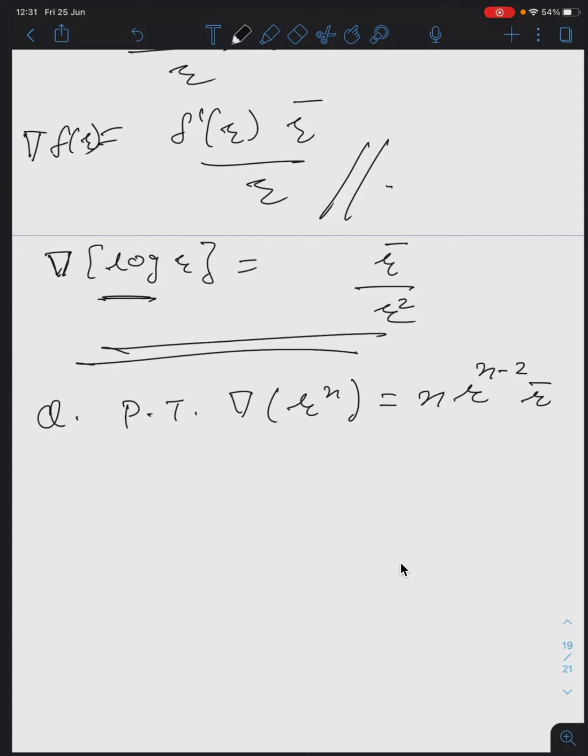Note it down. Then you have problems related to this unit normal, what are called directional derivatives and all. We will continue this in the next class. If you have any doubt, you can ask. We'll solve a few problems in the next class, then we'll move to the divergence of a vector. If you have any doubts, you can ask. Otherwise, I'll take the attendance.